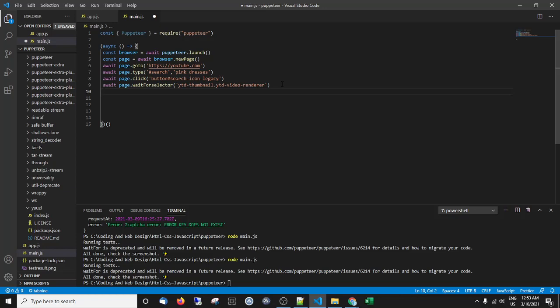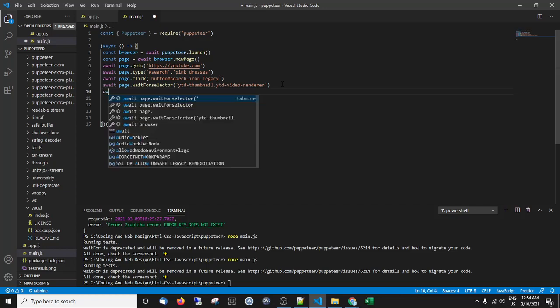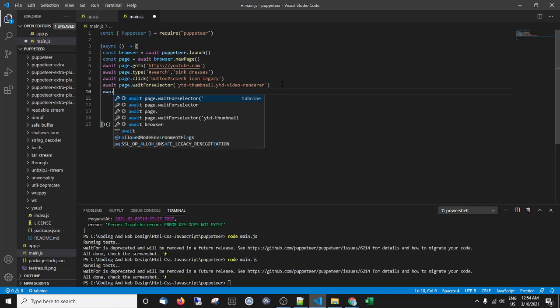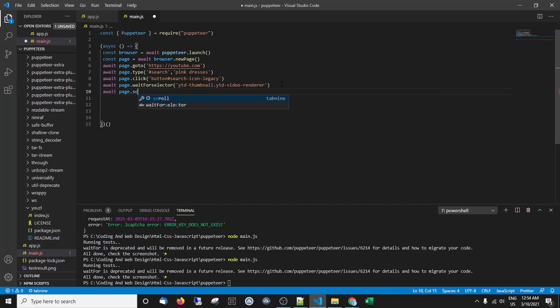And we're going to take a screenshot of this, just to show again the power of what we can do. I'm not sure that you'd need to take a screenshot in the bots that you've got, the browser automation that you've got planned, but I can show you that is one of the options that you have available. So we want to do await and then page again, and then it has a method called screenshot. Yeah, screenshot, and then that takes in